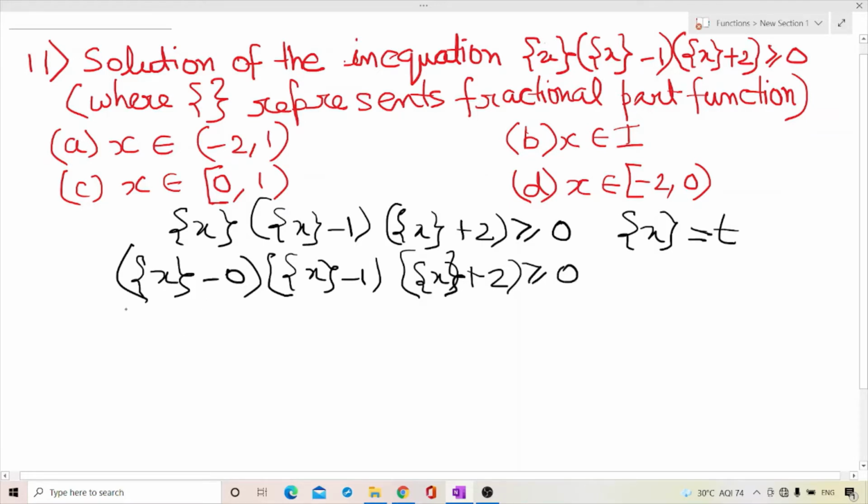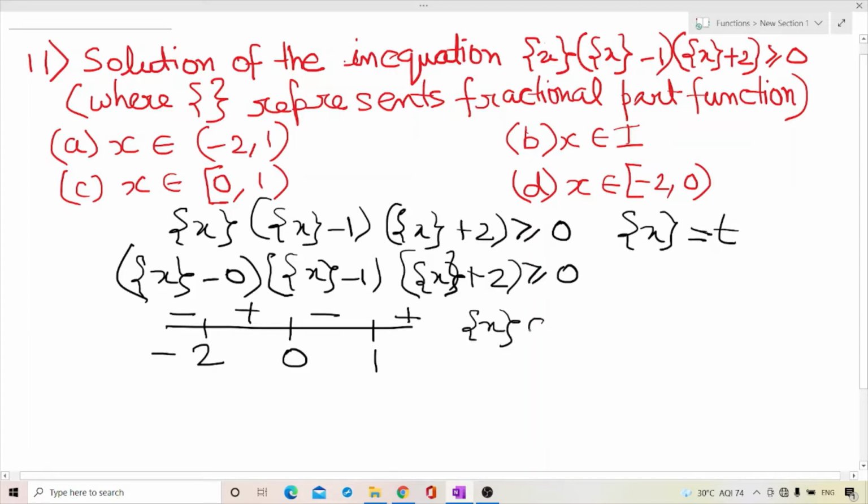So I see this inequation is already factorized. All I have to do is draw the critical points on the number line. So I'll draw the critical points on the number line, that is -2, 0 and 1, using the wavy curve method, plus minus plus minus. So the fractional part of x belongs to [-2, 0]